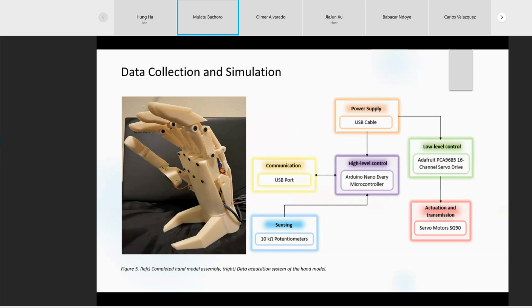Also here we are using 6 servo motors, 4 for the finger movements and 2 for the thumb movement and rotation. After a given command, the microcontroller receives the analog signal from the 6 potentiometers rated at 10 kilo ohms that are mounted on the exo hand. Then it transfers that data to the servo drive, which actuates the servo motor to make the hand mimic finger